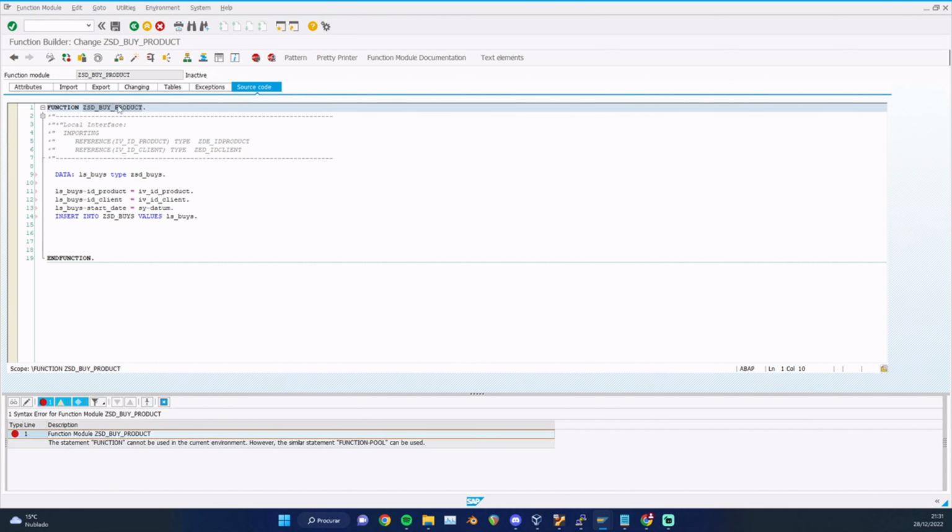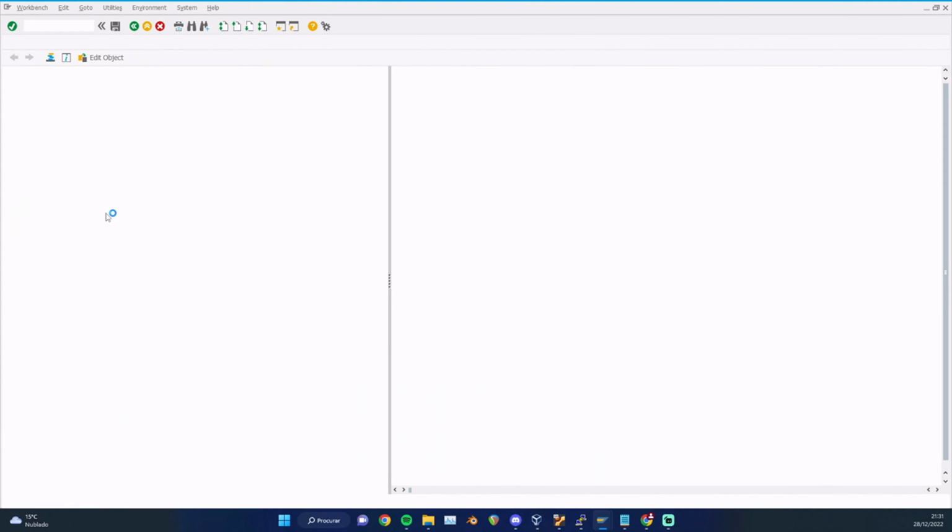Because I need to activate first one thing. What we did was create a function group, right? So I forgot to activate our object. Okay, so I need to go to this transaction again,